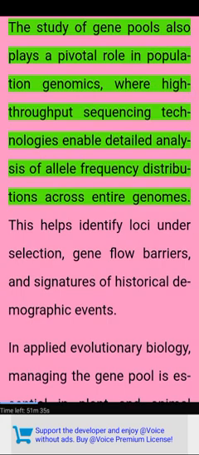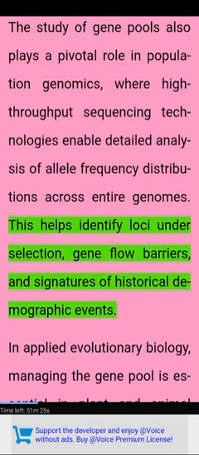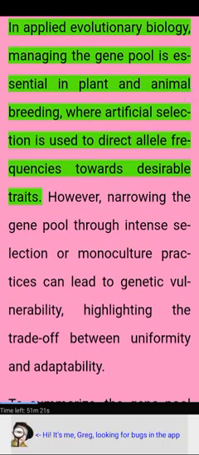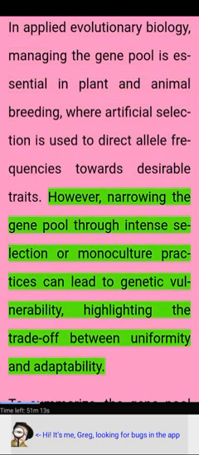The study of gene pools also plays a pivotal role in population genomics, where high-throughput sequencing technologies enable detailed analysis of allele frequency distributions across entire genomes. This helps identify loci under selection, gene flow barriers, and signatures of historical demographic events. In applied evolutionary biology, managing the gene pool is essential in plant and animal breeding, where artificial selection is used to direct allele frequencies towards desirable traits. However, narrowing the gene pool through intense selection or monoculture practices can lead to genetic vulnerability, highlighting the trade-off between